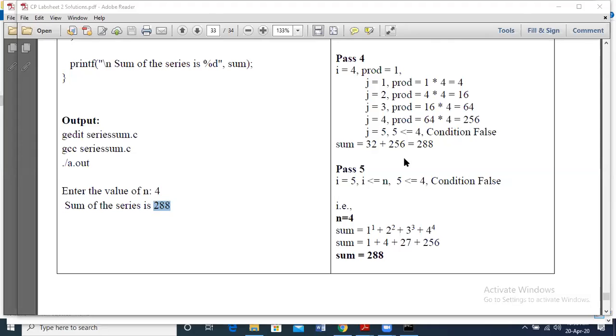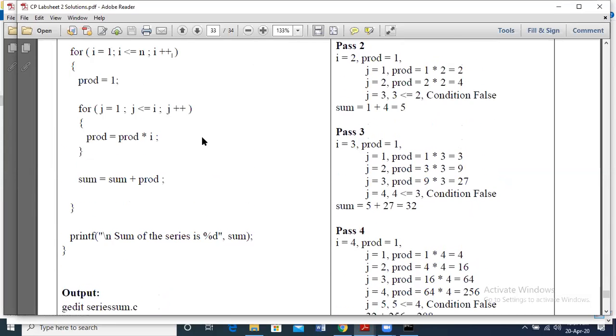Without using any functions like power or square root, though there are functions to be used, if we have to execute it, we should know the basics of how it executes without any standard function. This is the way power executes. Power is found for each term and then we are adding it. We have to know the fundamental way of executing it. So we have used the nested loop. This is a nested loop, right? Is this clear? All of you, clear?